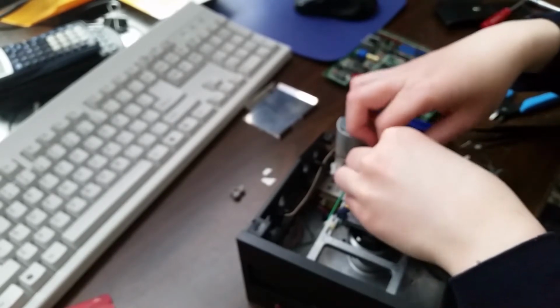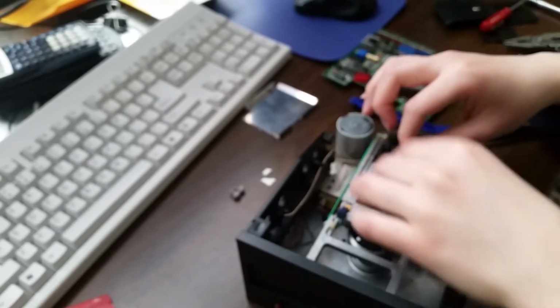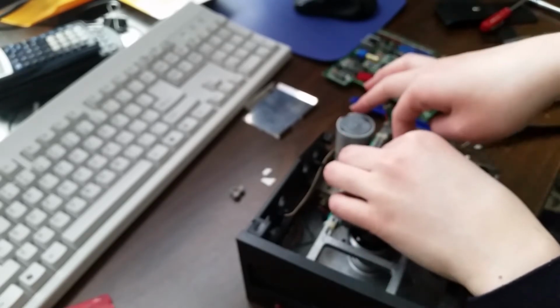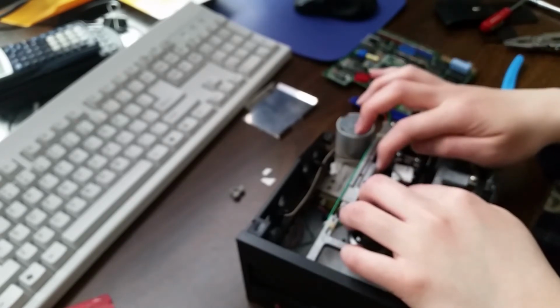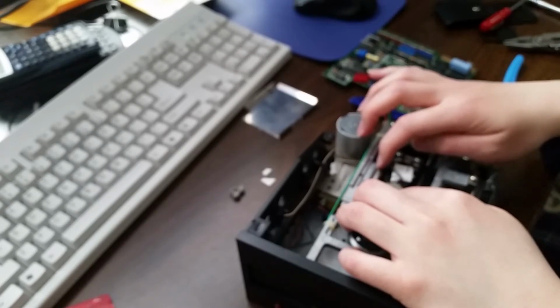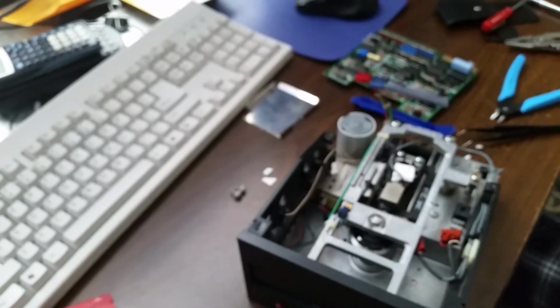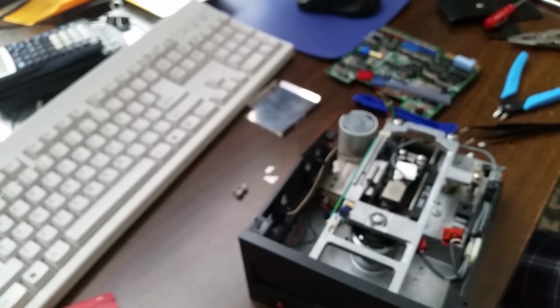Slip two more under there. Tuck it under the cable. I think that's enough. There's almost no tolerance left. But at the same time, I know that if I put too much force, then... I think I'll